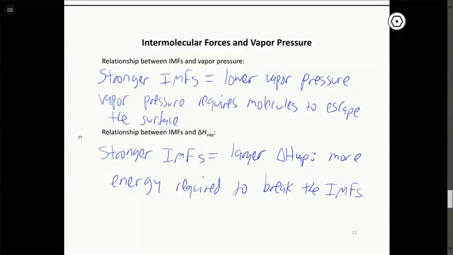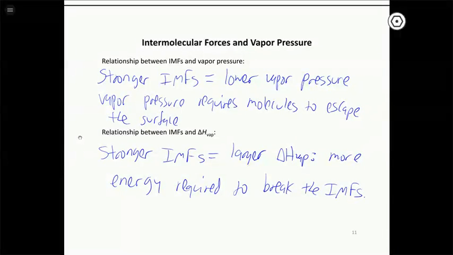All right, so as we said, if we're comparing two liquids, we can look at the relative strength of the intermolecular forces. Remember that London dispersion forces are the weakest, then dipole-dipole, then hydrogen bonding interactions. Depending on the strength of the intermolecular forces for a particular liquid, that relates to both the vapor pressure and the vaporization enthalpy, which are inversely related. Something that has a lower vapor pressure tends to have a higher enthalpy of vaporization and vice versa. That's something to keep in mind conceptually.